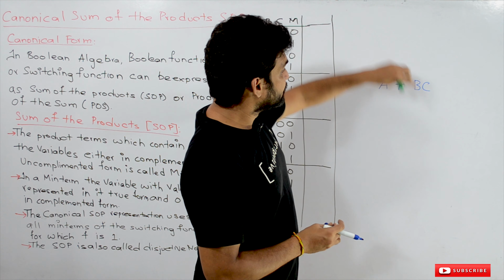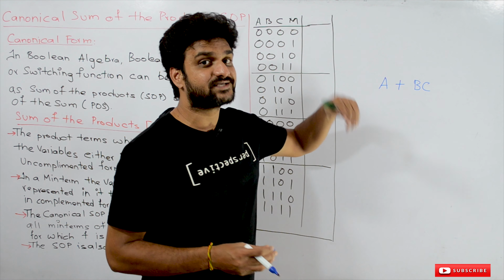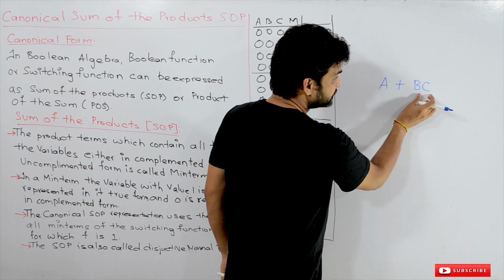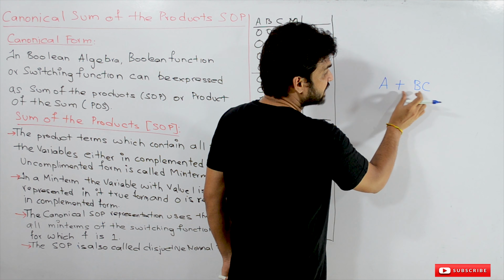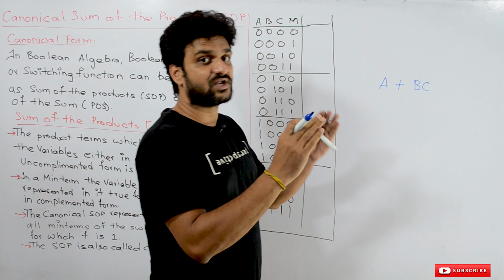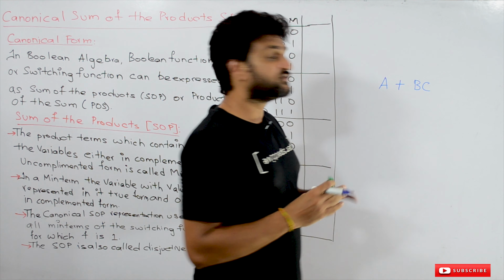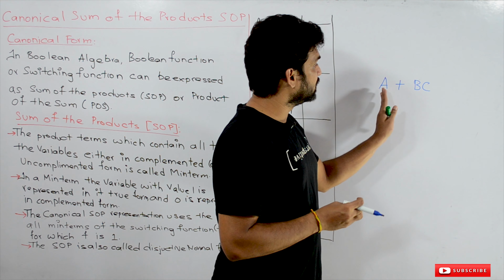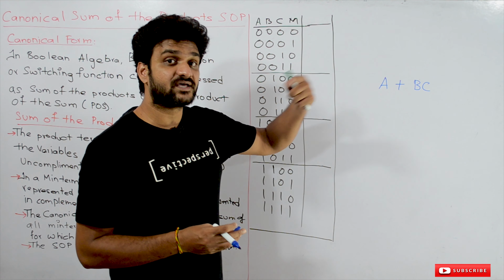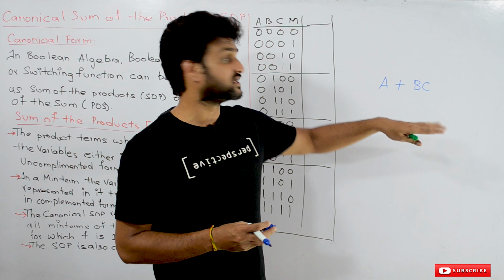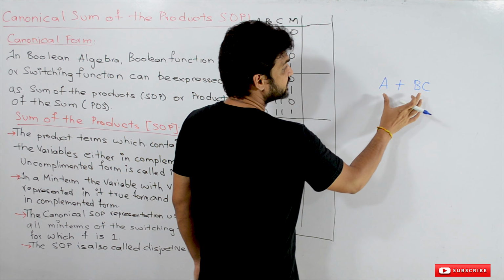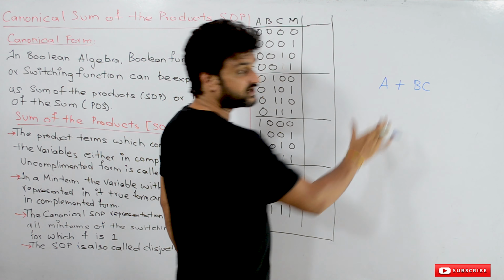So in order to switch on the lights in the cricket stadium, we have to get the permission from either A or from B and C, both of them. If any of this is true, if BC's permission is there or A's permission is there, then the lights will be switched on. Otherwise, if you have all the permissions from A, B, C, then also the lights will be on. This example has been clearly explained in our first video. So this is what we call a switching function or Boolean function.